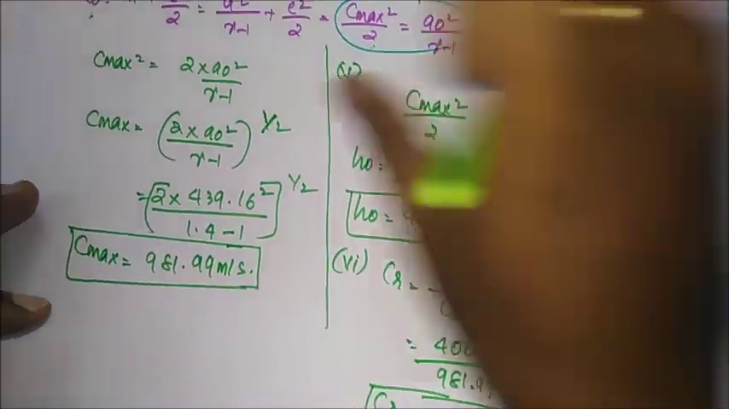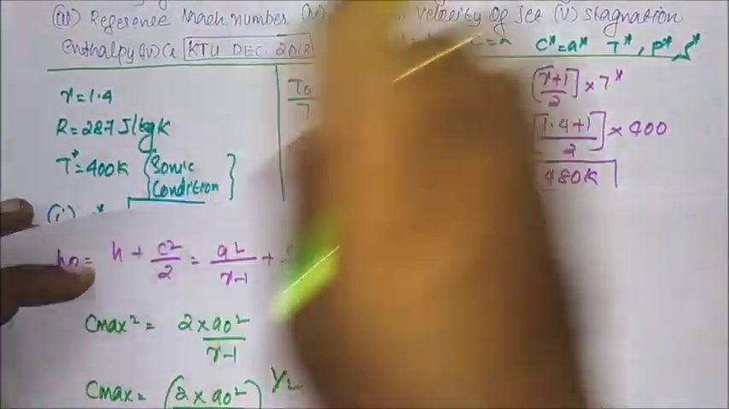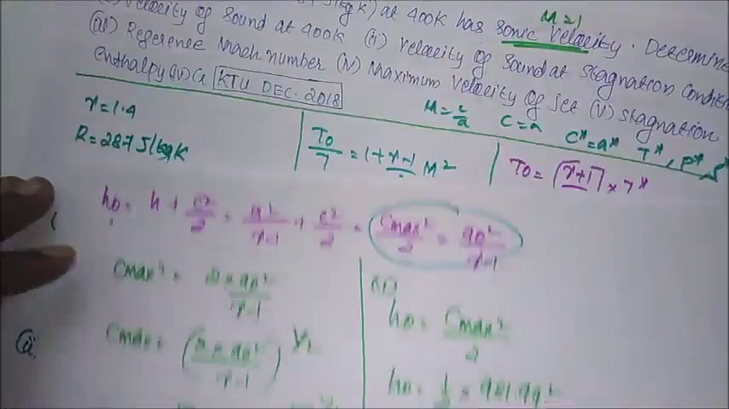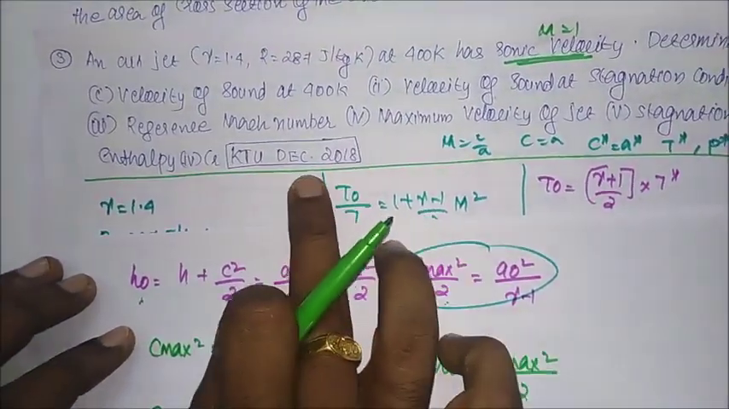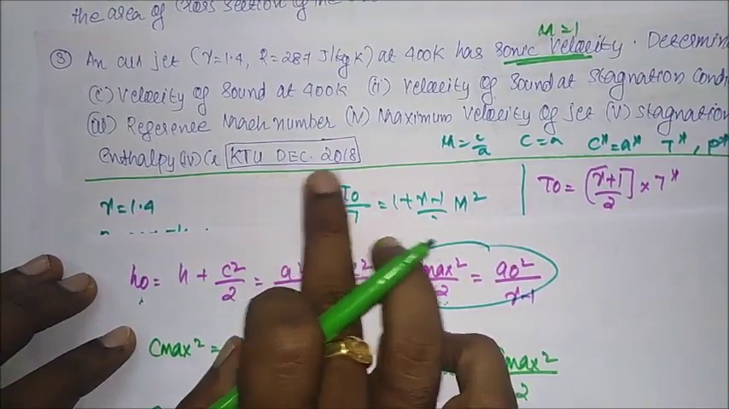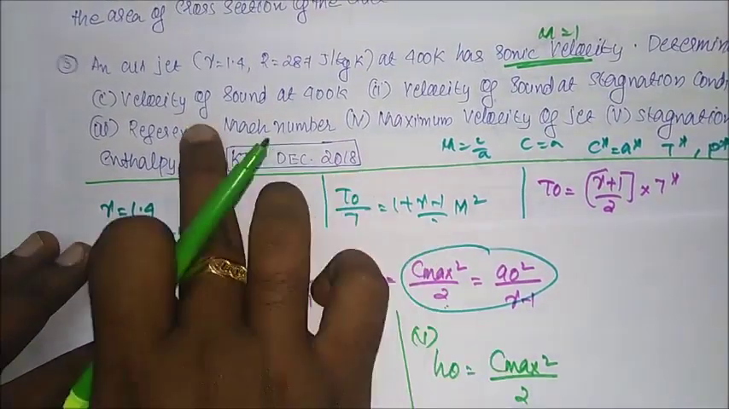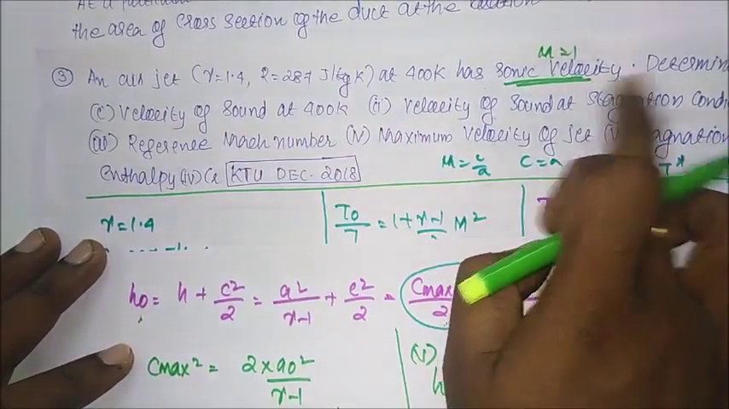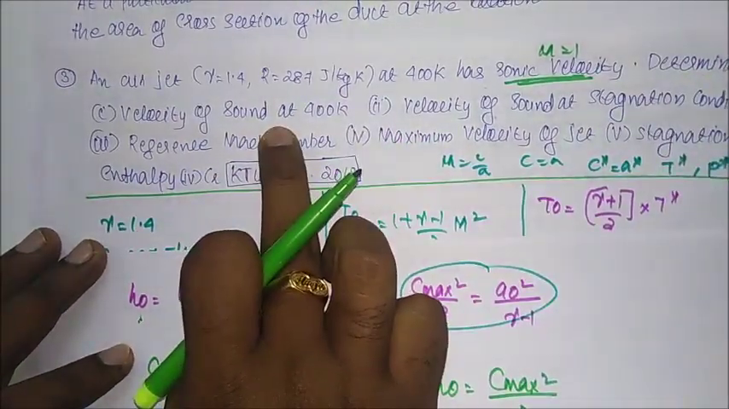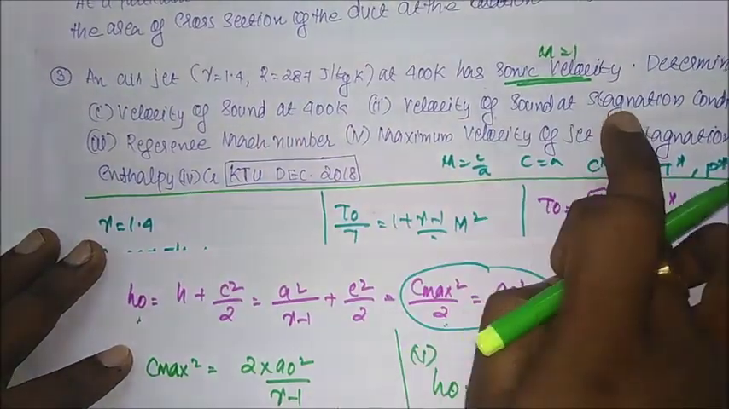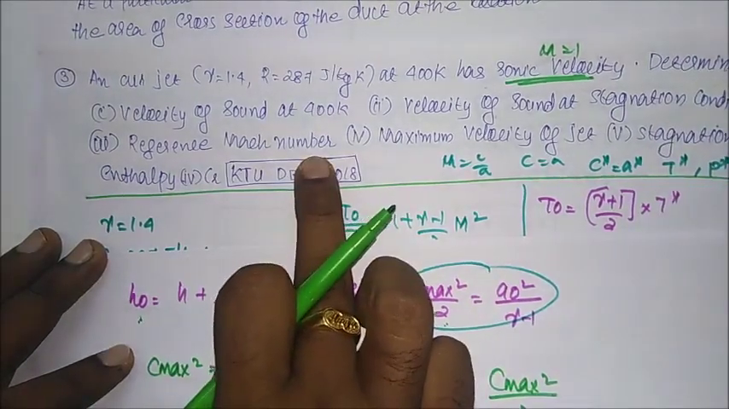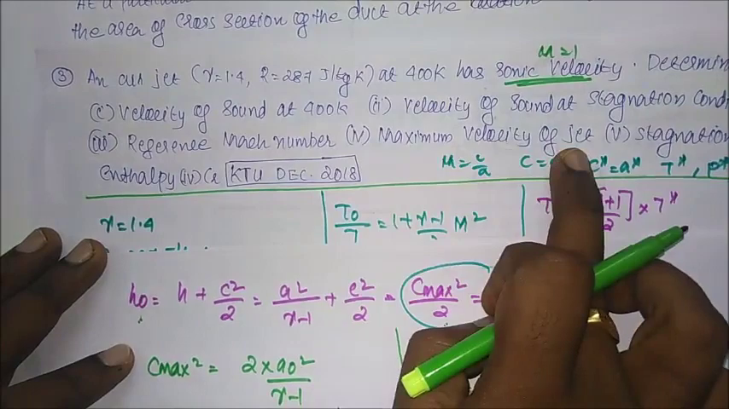Today we discussed around 3 problems. This question was already asked in KTU in December 2018, so it is a very simple question. For an air jet, gamma is equal to 1.4 and R is already given. First we have to find the velocity of sound, a is equal to square root of gamma RT. The velocity of sound at stagnation condition is a0, equal to square root of gamma R T0. Then the reference Mach number M star, and the maximum velocity of the jet, c max,